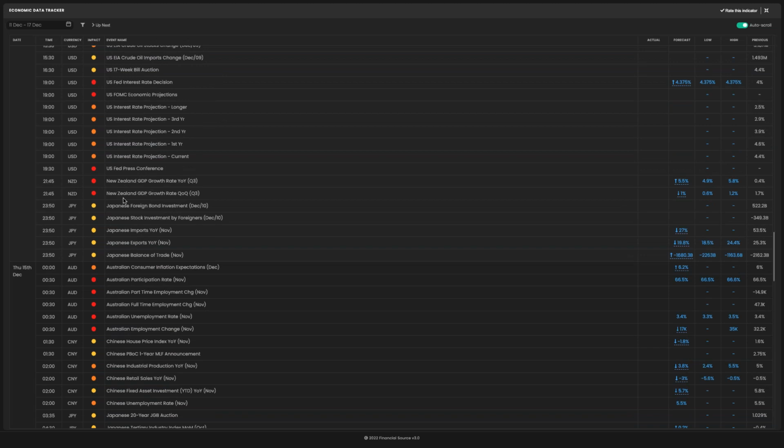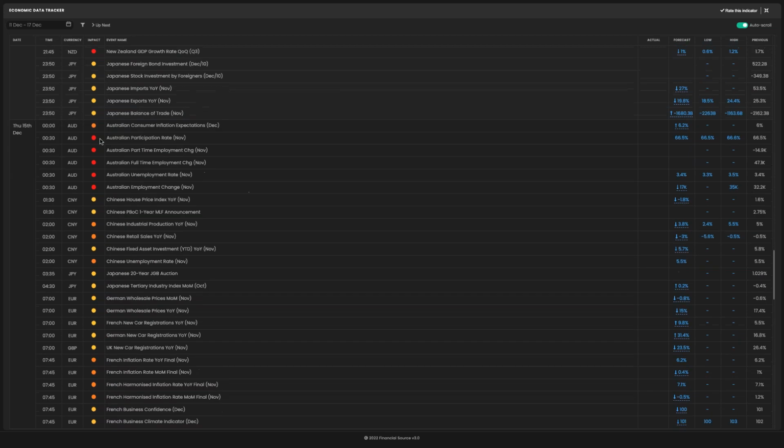GDP growth rate is likely to get some attention, with moves in the New Zealand dollar, so watch out for that. If you are up for the event, then if we see a big miss in the data, below 4.9% for the quarter year-on-year GDP growth rate, below 0.6% for the quarter-on-quarter, then I'd expect some upside in the Aussie New Zealand dollar. Not trading it personally, but that's what I'd look for.